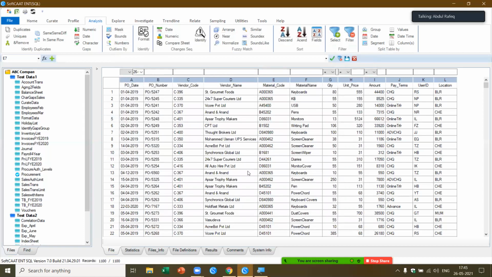Okay, now let's say same thing. Can I apply it for the vendor name and the PAN number? Is the PAN number there? Can I apply it for the vendor code where the PAN number is different? Yes, I can do that.